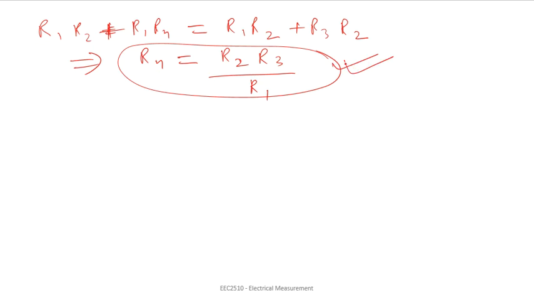So this is the equation for the bridge to be balanced. If the bridge is balanced, then this equation will hold. In a practical Wheatstone bridge circuit, we make the resistance in one of the branches adjustable just to obtain the balancing. By varying that one resistance, we should be able to obtain the balance condition, or the null deflection in the detector. When the bridge is balanced, the unknown resistance may be determined from the setting of that adjustable resistor.